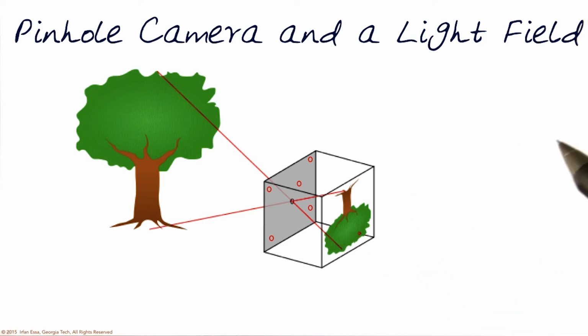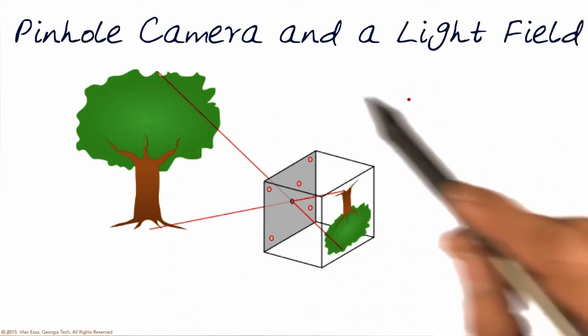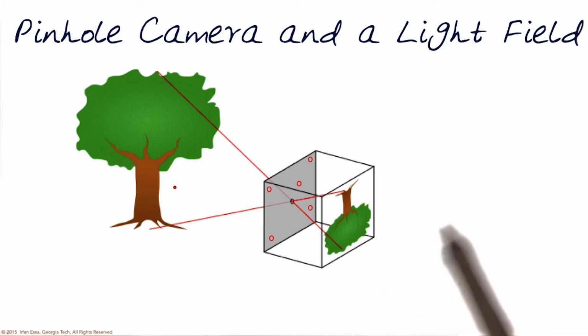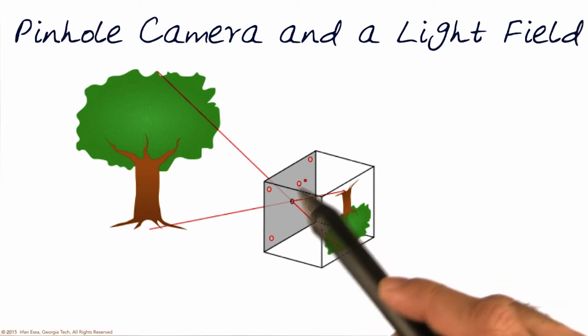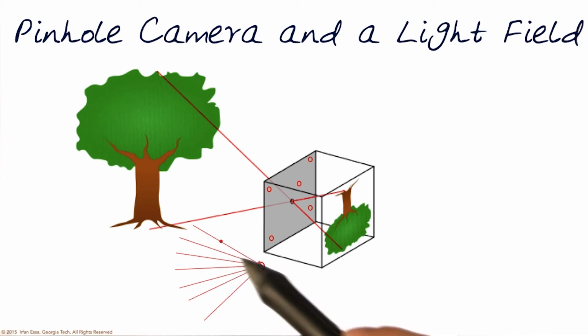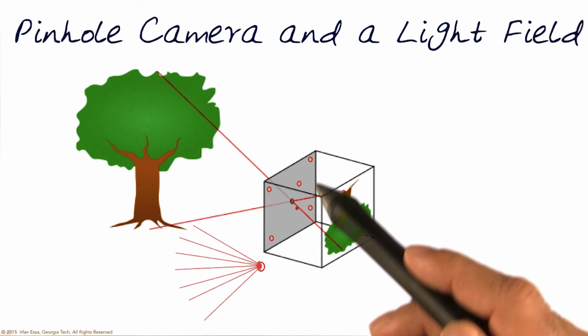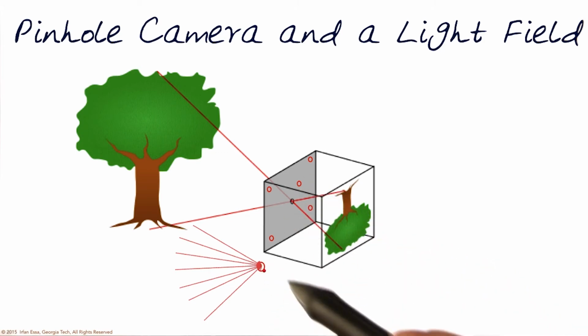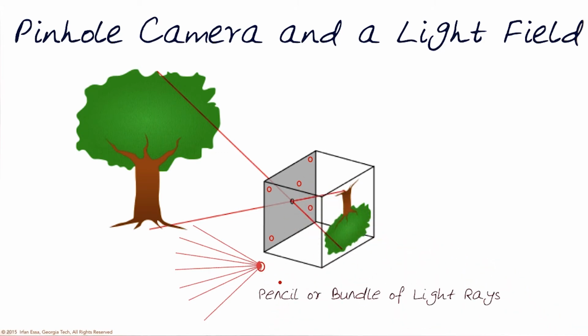So in essence, that proposes to us that any point in this whole region has the same capability, not just on this two-dimensional surface. So a point here in space is also getting what we've referred to earlier as a bundle of rays of light converging to this point. And that bundle of rays of light here basically is captured here. And of course, if I was to put a pinhole camera, I would actually capture an image here. So this is a pencil or bundle of rays of light at this point.